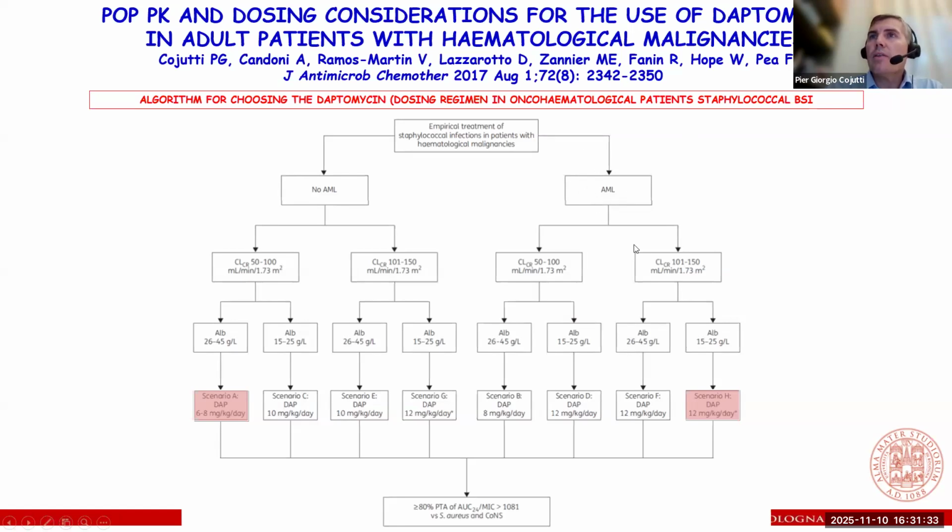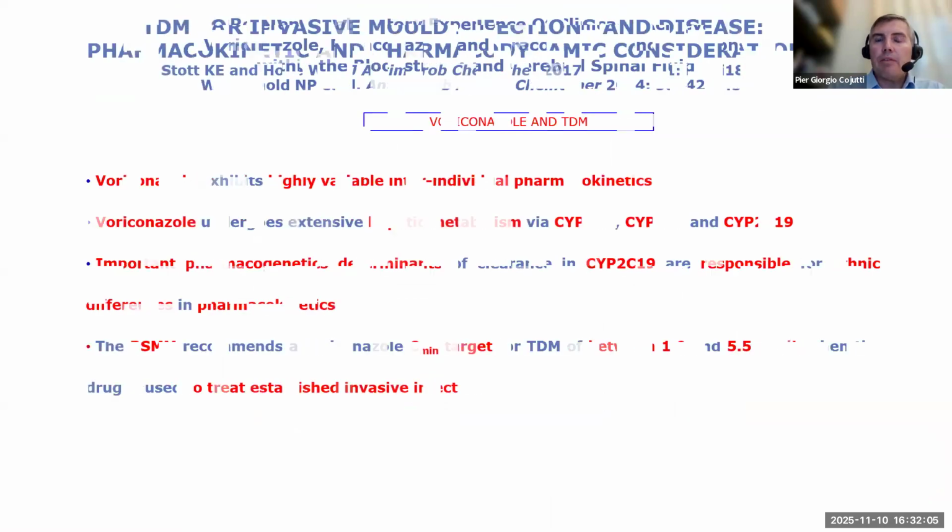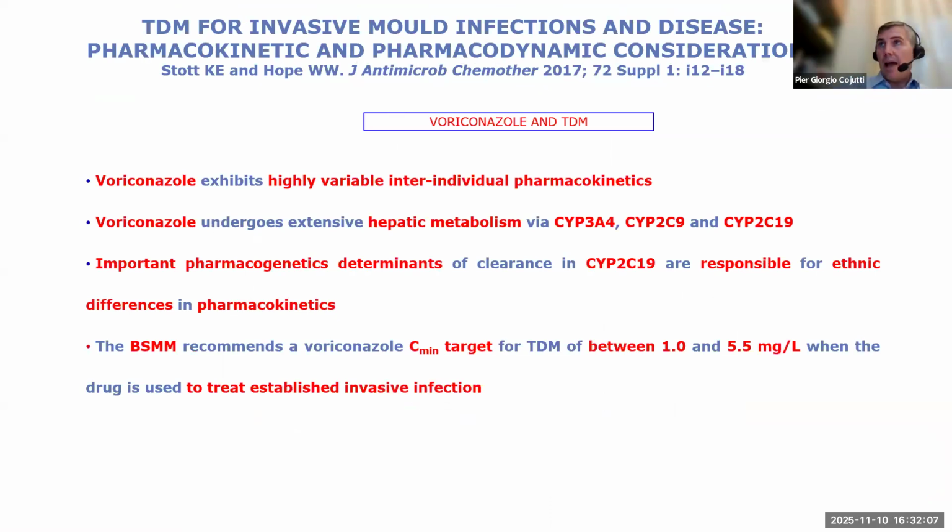On the contrary, we can take the last part of the slide. A patient with acute myeloid leukemia, with maybe an augmented renal function and a severe hypoalbuminemia, between 15 and 25 grams per liter, a dose up to 12 or even more milligrams per kilogram daily may be selected and administered to these patients. So by combining all these pathophysiological characteristics, we can properly optimize the dose of daptomycin. Of course, TDM of daptomycin should help our clinical decision, but as far as I know, it's not so